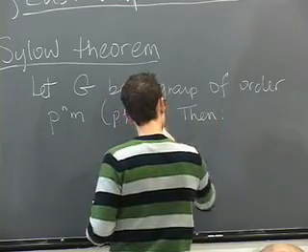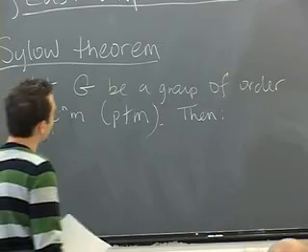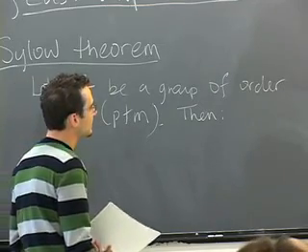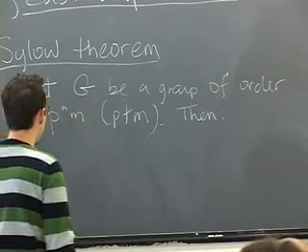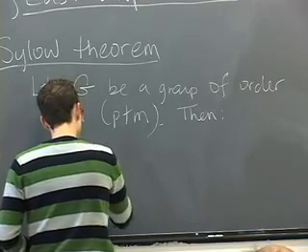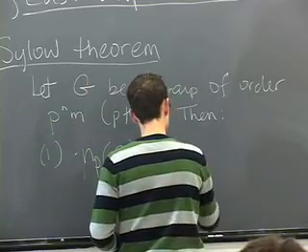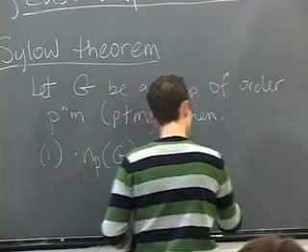And what we found is, by a clever analysis of the group acting on its subgroups of order p^n by conjugation, that, first of all, the number of Sylow p subgroups,